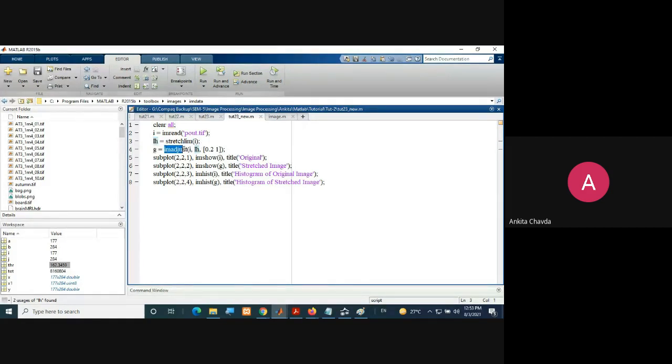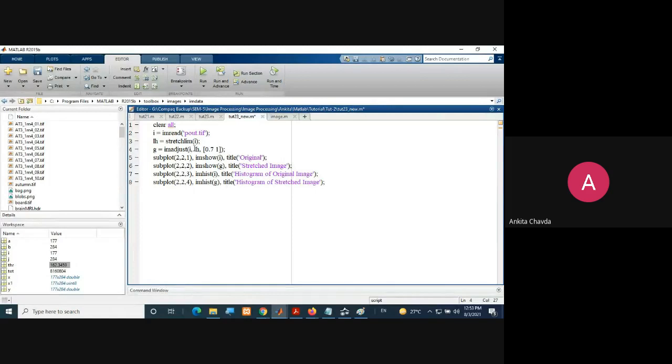Then I'm applying imadjust to the variable I, where I have read my image. On that image, the low and high is like this, 0.3 and 0.6 suppose, right? That's what we have seen in the example. There I wanted to make it from 0.7 to 1.